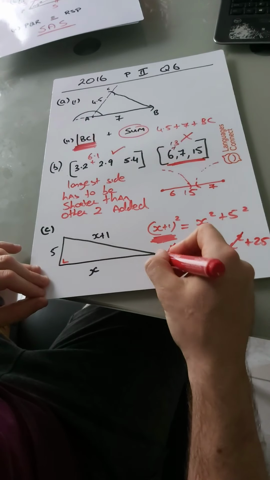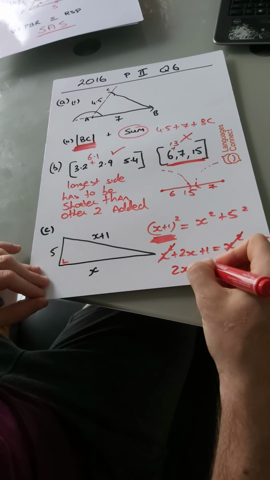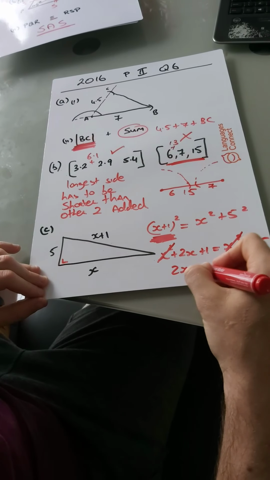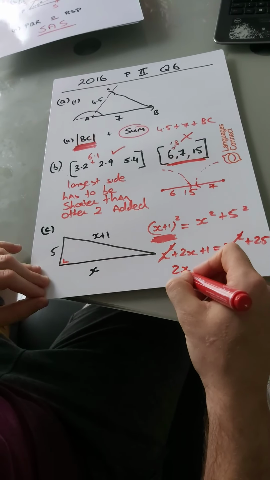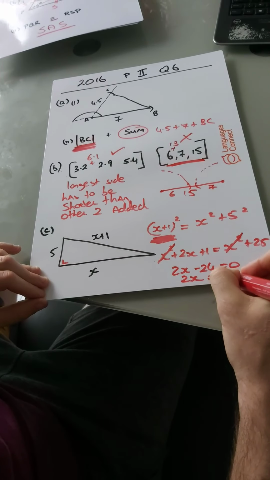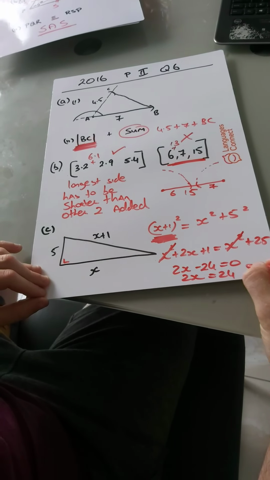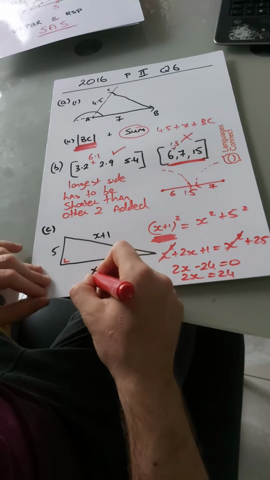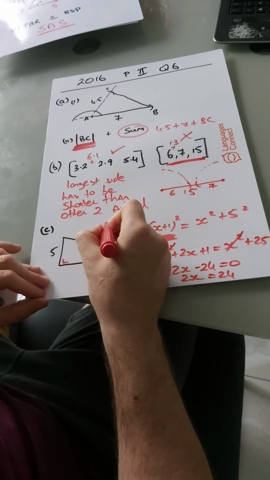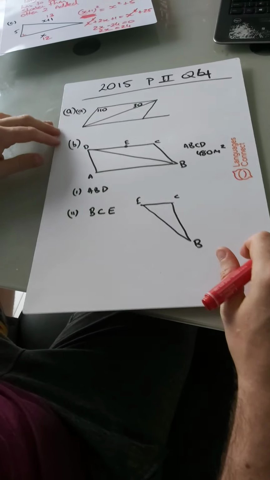The x squareds cancel. I'm left with 2x minus 24 is equal to 0. 2x is equal to 24. Right, bring the 24 across. x is equal to 12. So that's 13 then. And finally, 2015, again,